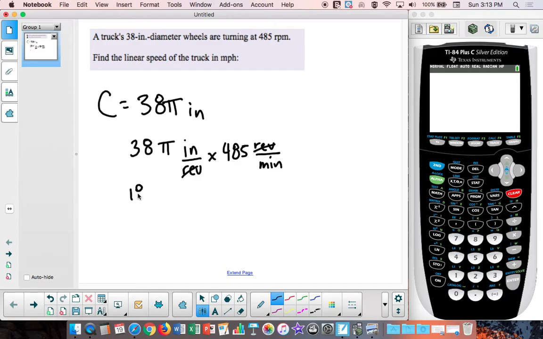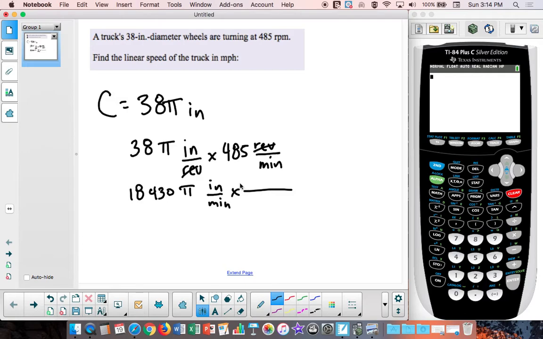that is a linear speed, inches per minute. This is a linear speed, inches per minute. That's completely fine, except for the fact that it wants it in miles per hour. So the next portion is just changing this into miles per hour. To do that, you want to multiply,